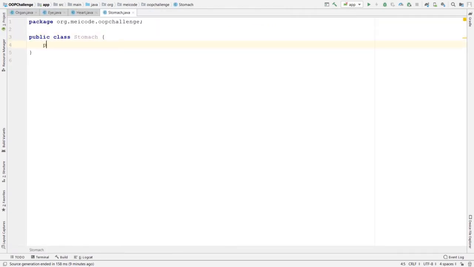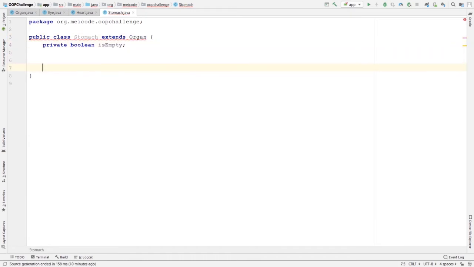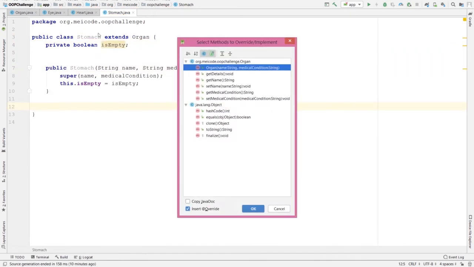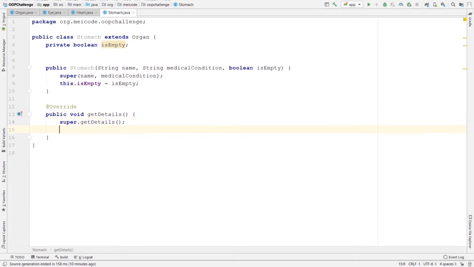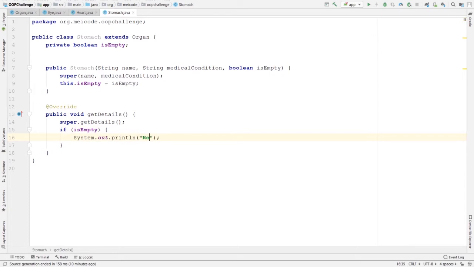For the stomach, I'm going to define a boolean indicating if the stomach is empty or not. Later on, we will see how we can use this. Extend from the organ class and create the constructor. In the get details method, instead of just printing something, I'm going to check if the stomach is empty or not. If it's empty, I'm going to print that it needs to be fed, but else I can simply print the stomach